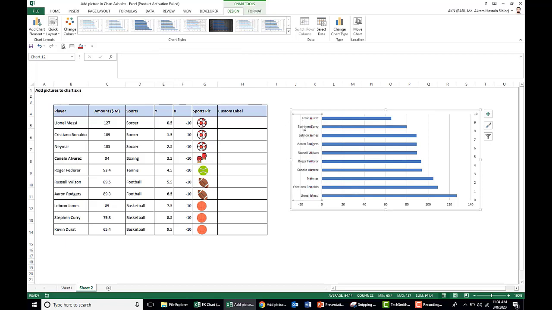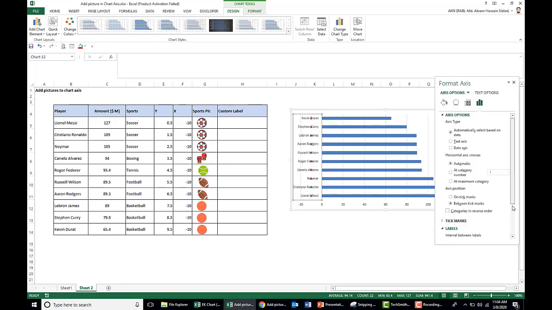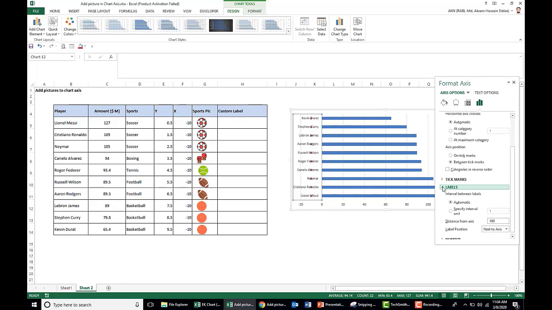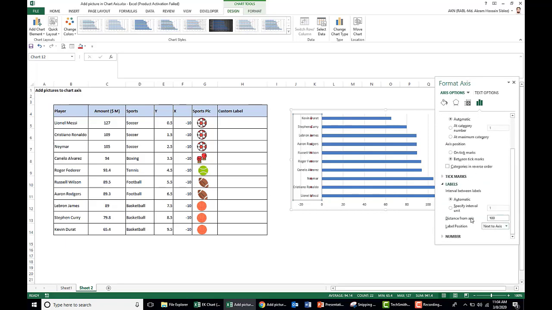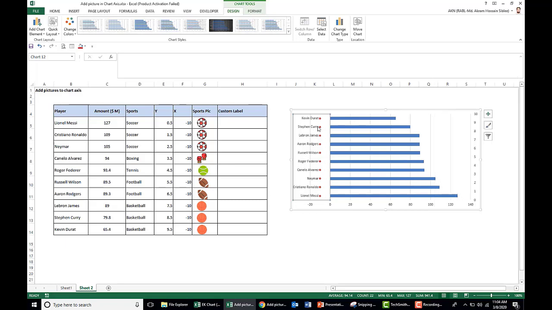Select this axis, the name axis, right click, format axis, go to the labels. Here choose distance as 800, so that we have sufficient distance between the name and the picture.